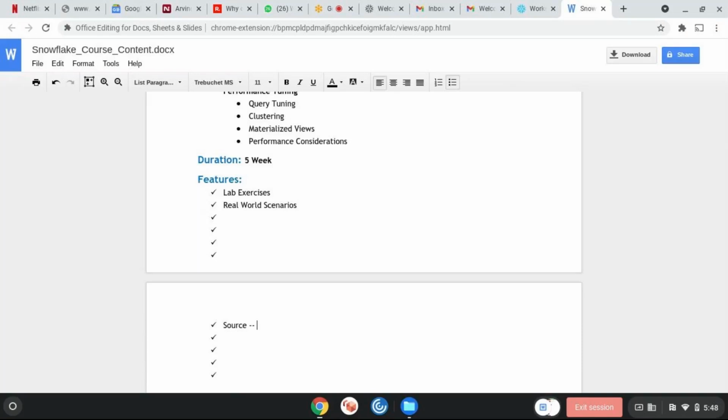What else we have, if you are trying to build some reporting on top of it, there is another topic called streams and tasks. How do you schedule the jobs in Snowflake? And then how do you identify the change data capture? If data gets inserted into a table, how do you sync that to the target table? And from there, how do you sync to your reporting table? So there is another topic called streams and tasks. You have to go through that. So that is important